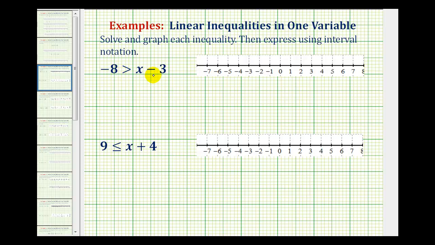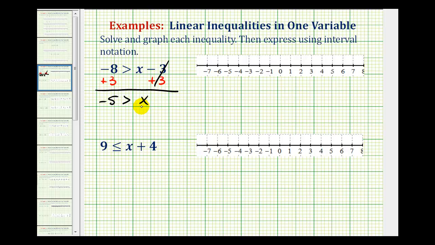So looking at this first inequality, to isolate x on the right side, we'd have to undo this minus 3. Well, the opposite of minus 3 is plus 3, so we'll add 3 to both sides of the inequality. On the left side, we have negative 8 plus 3, that's negative 5, greater than, on the right side, the minus 3 plus 3 is 0, so we just have x. So negative 5 is greater than x is our solution,